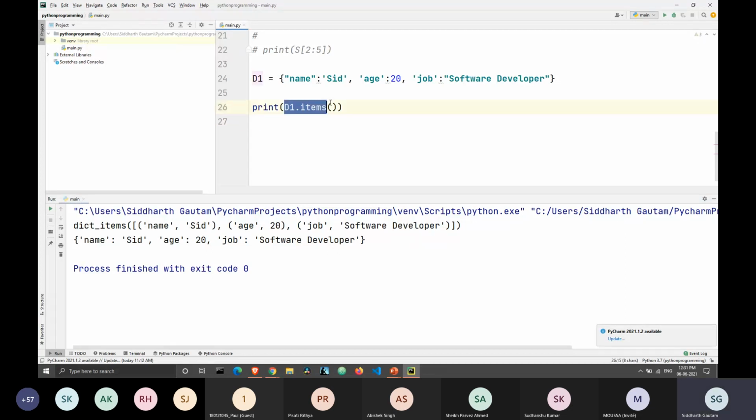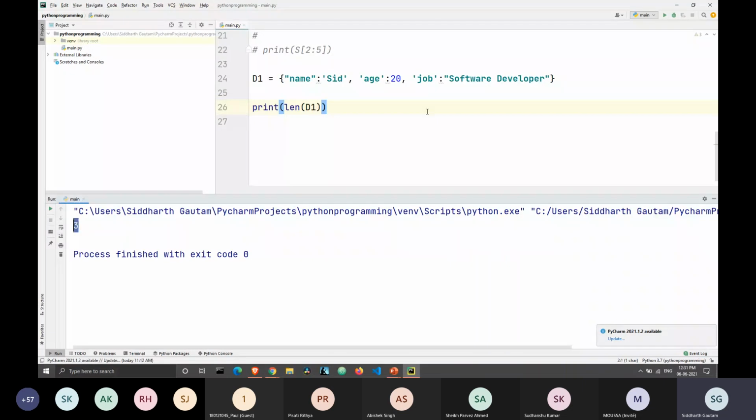What do you think? Will the output be 3 or will it be 6? What's the length of my dictionary? 3 or 6? 3. Okay, let's print this. You're right, the output is 3 because we have 3 key-value pairs. A key-value pair counts as 1 length. That's why the output here is 3.